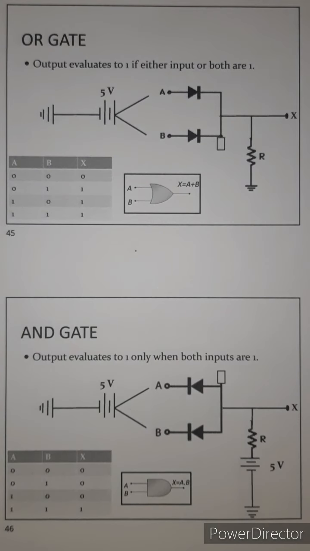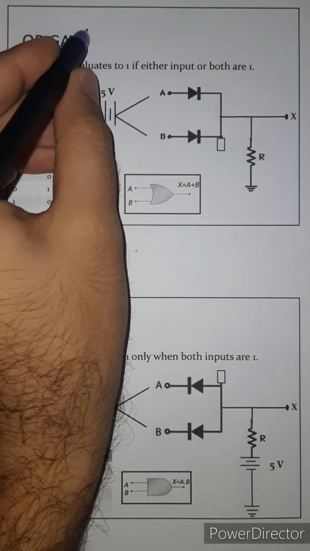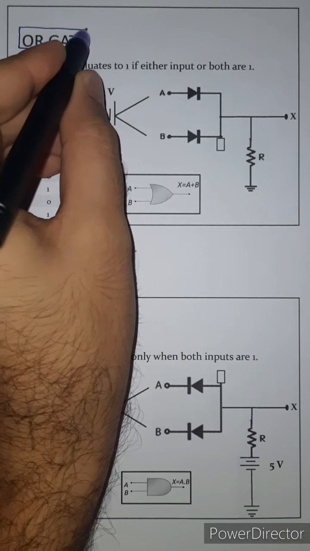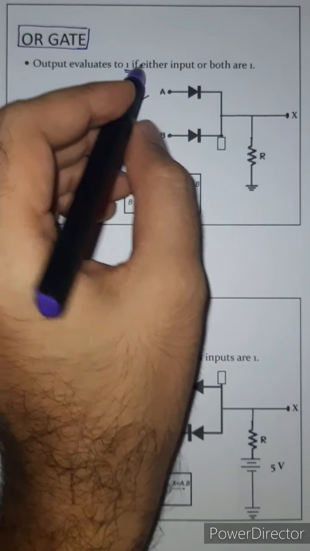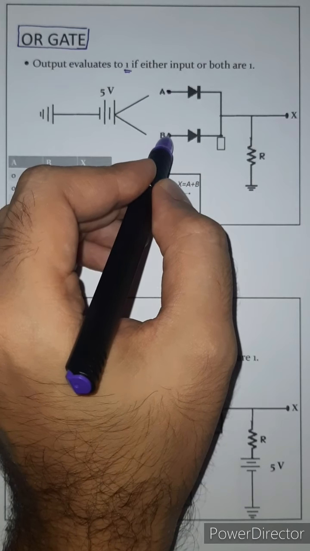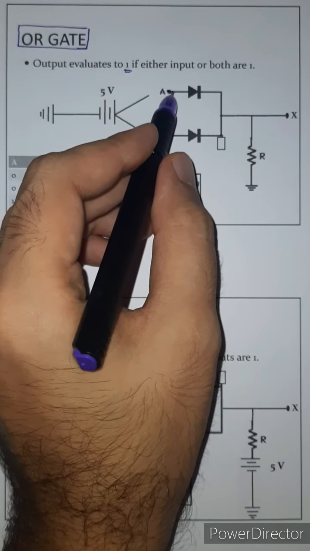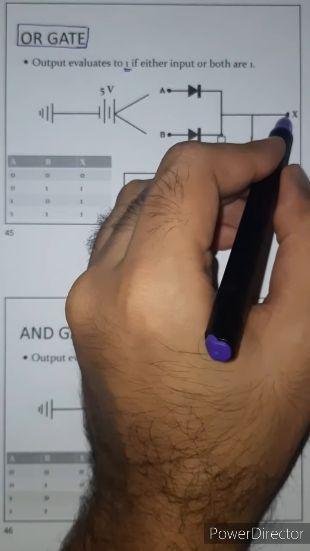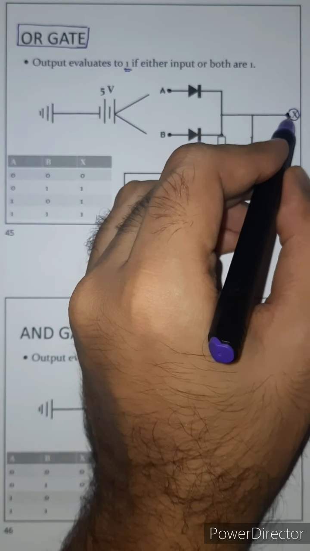After introducing the three types of operators which are used in Boolean algebra, we will now discuss the concept of logic gates. So logic gates are basically circuits which have one or more than one input but only one output. The first important logic gate in this sequence is the OR gate, where the output evaluates to high voltage or 1 if either of the input voltage A or B is equal to 1. So if either of the input A or B or both the inputs are high voltage, then you will get output high voltage at X.